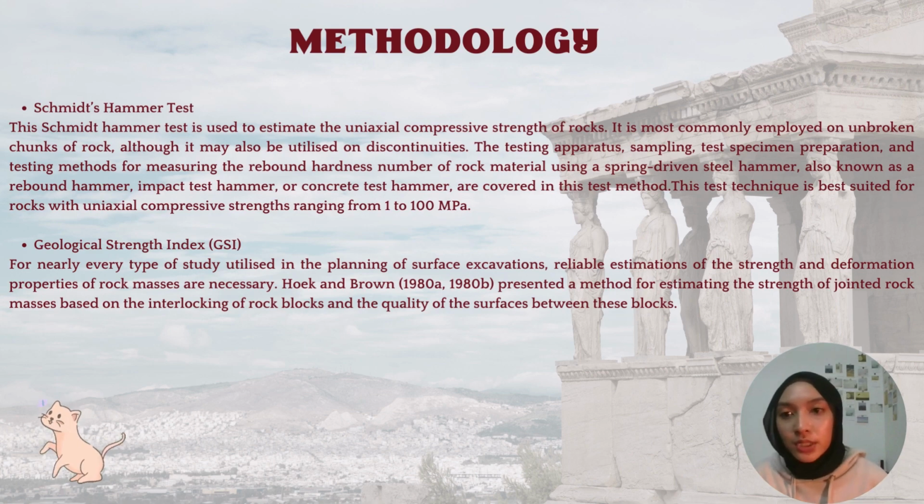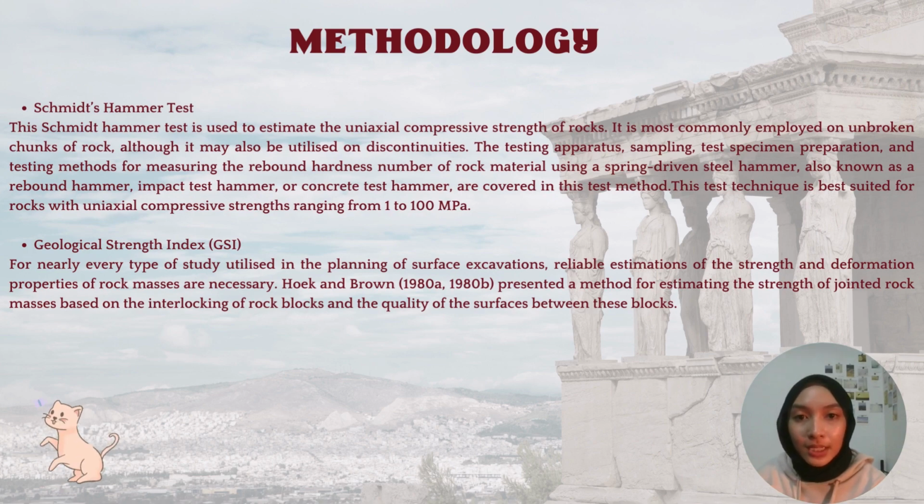For the next part, which is the Schmidt hammer test. The Schmidt hammer test is used to estimate the uniaxial compressive strength of rocks. It is most commonly employed on unbroken chunks of rock, although it may be utilized on discontinuities. The specimen preparation and testing method for measuring the rebound hardness number of rock material using a spring-driven hammer, also known as a rebound hammer, impact test hammer, or concrete test hammer, are covered in